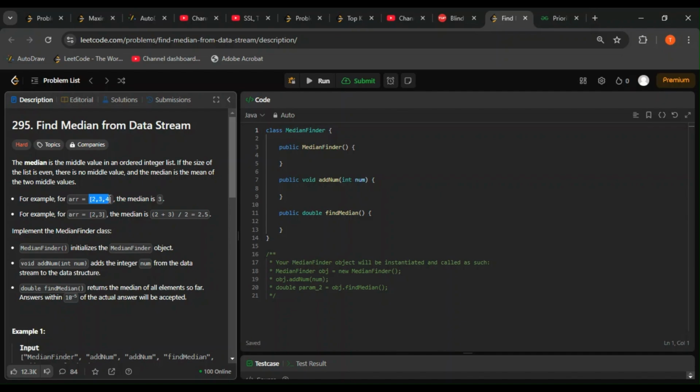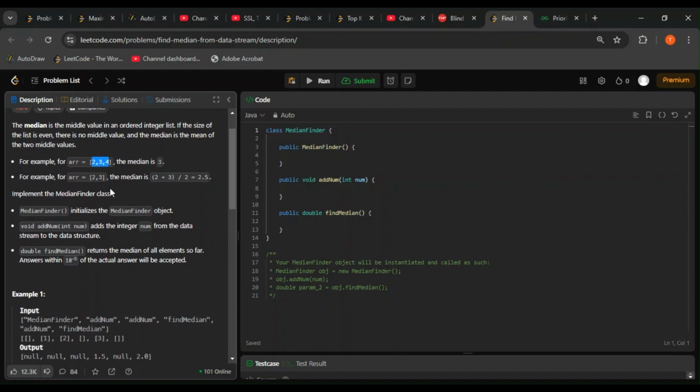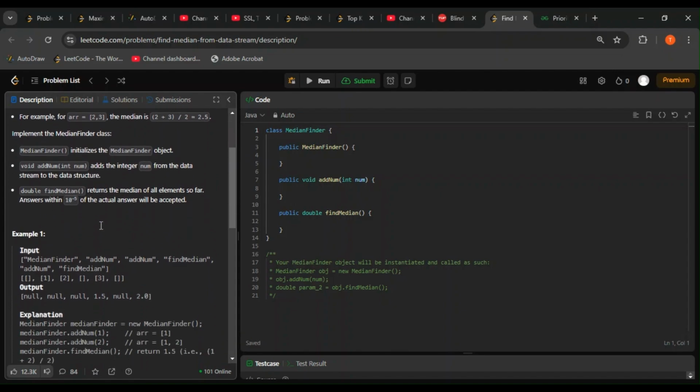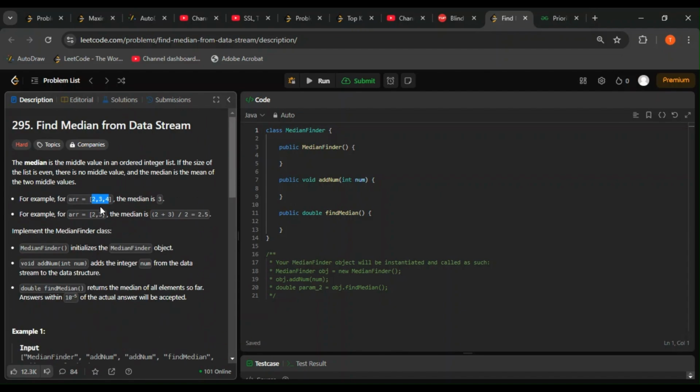So let's say we have any algorithm to find the median. The input that is coming might not be sorted, right? In this case, we see that 2 and 3 and 4 are coming in sorted order, but what if after 4 we get 1? 1 will go to the start of the array, so the whole array would need reshuffling, and then we'll have